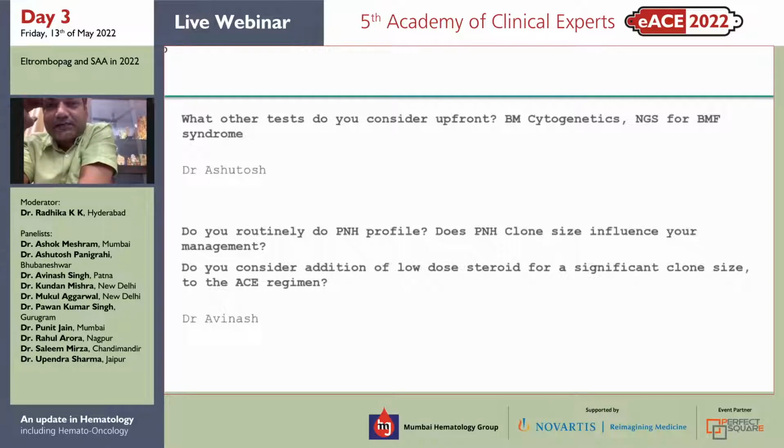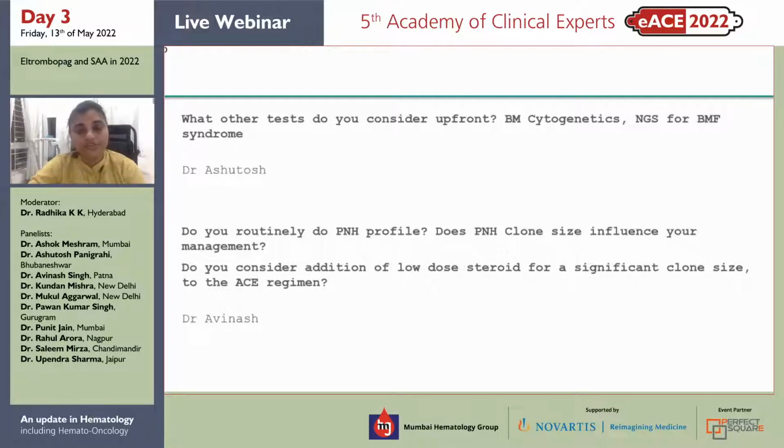And in young patients, I always counsel them for transplant if a PNH clone is there. And if BMT is not an option, then obviously we use the triple combination, and I don't use steroid. Just to prevent serum sickness, 2 weeks of steroid with taper is given, that is fixed. Otherwise, if there is no significant hemolysis or some problem, then I don't add steroid in the triple regimen, the ACE regimen. Yeah, great, sir. Even we don't add steroid, but in some controversial cases where I see hemolysis, probably I add a low dose of steroid.